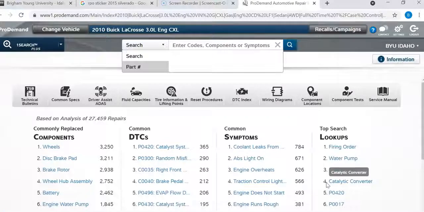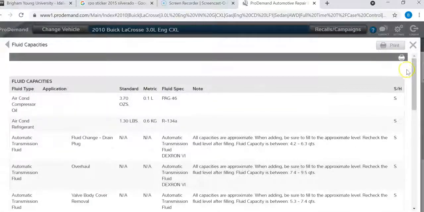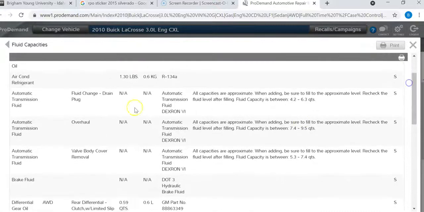So some simple things to be aware of. One, I love the fluid capacities segment. I look at what transmission fluid it takes, Dexron 6, for example, and if I'm just doing maybe a filter, you can pull a plug on these and drain. There's not really a bottom pan. There's a side pan on this particular transmission, but you could add about that much. It's not a full flush, but